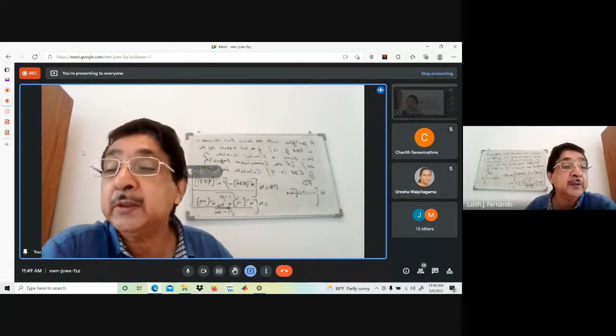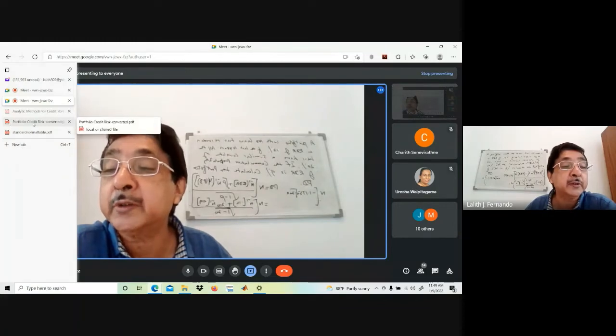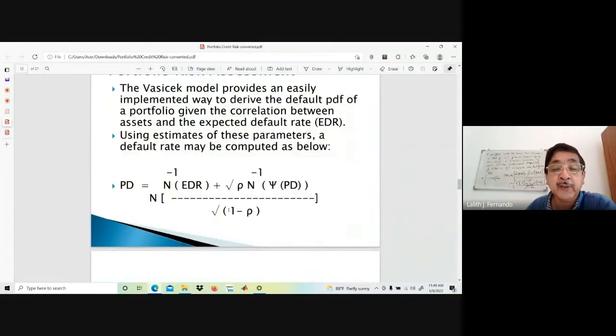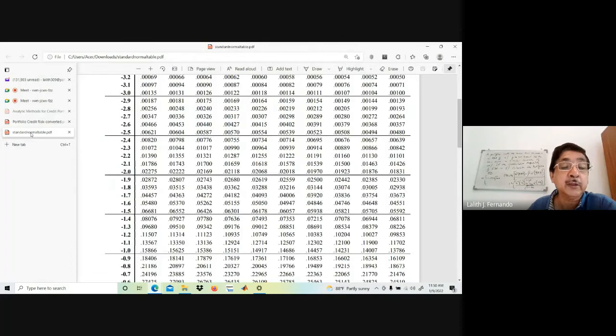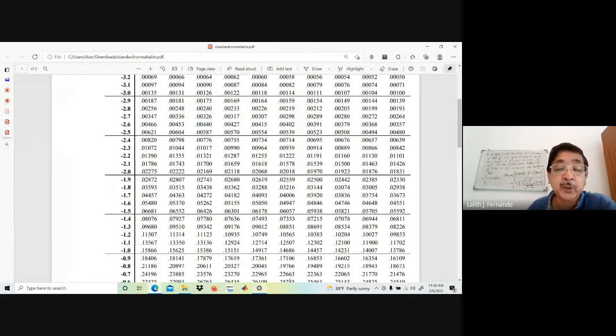You can refer the formula again if you want. Here, in the formula you can see the square root applies only for the row, not for anything else. But in the denominator, the square root applies for the whole 1 minus row. But in the numerator, the square root applies only for row. Right. Now you can just see where 0.09 lies.